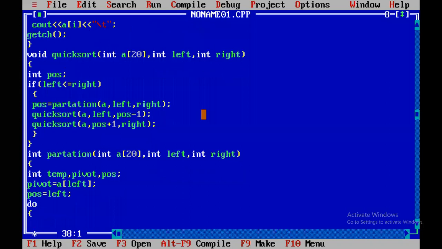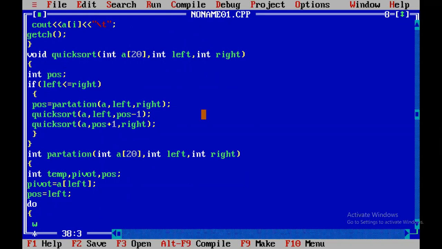If the value contained in the left position is less than or equal to pivot, increment left by 1. Continue this process until left is less than or equal to right.